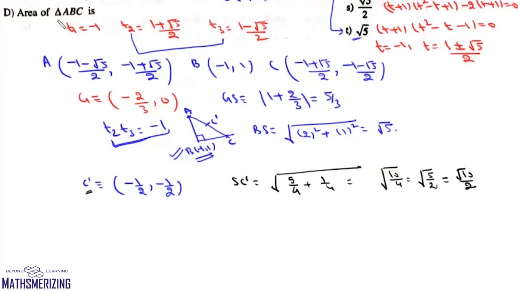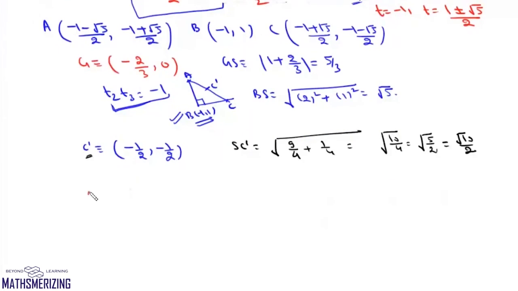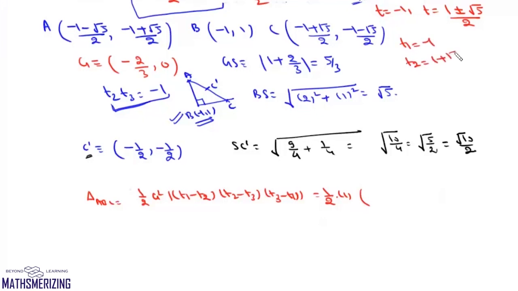And now this last one, which is area of triangle ABC. Now area of triangle formed by tangents is given by 1 upon 2 a square, and then it is t1 minus t2, t2 minus t3, and then t3 minus t1, its modulus value. So it will be 1 by 2. Now a in this case is simply 1. Now here t1 is minus 1, t2 is 1 plus root 5 by 2, and t3 is 1 minus under root 5 by 2. Now what's t1 minus t2? t1 minus t2 will be